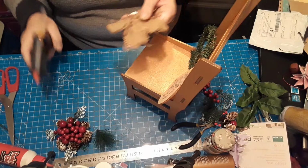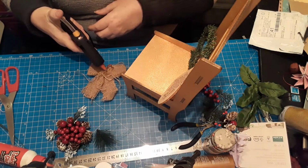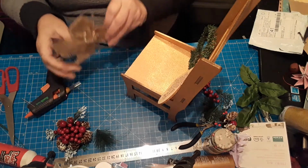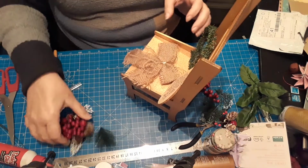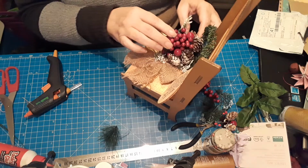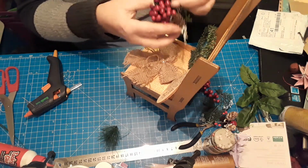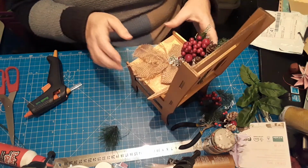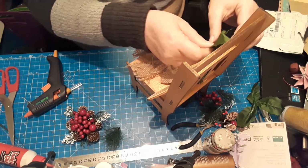So let's put a little bit of glue on the back of this. There we go, nice big blob of glue, and pop that like that. There we go. See? And that I think can still go there. Let's bring those through like that. Yeah, but before I put that on, I think I'm going to put